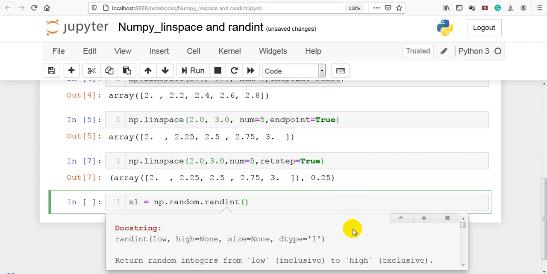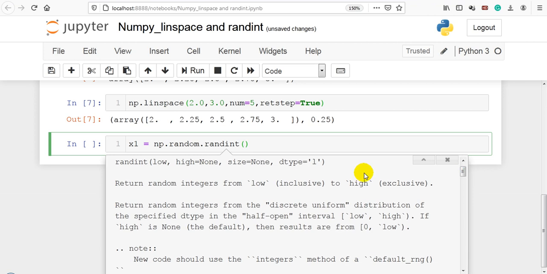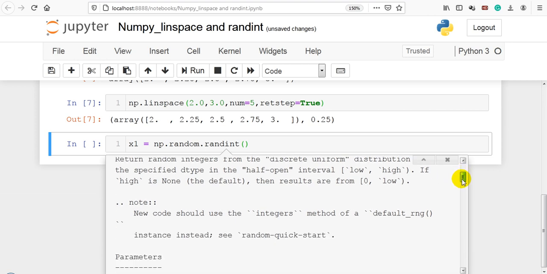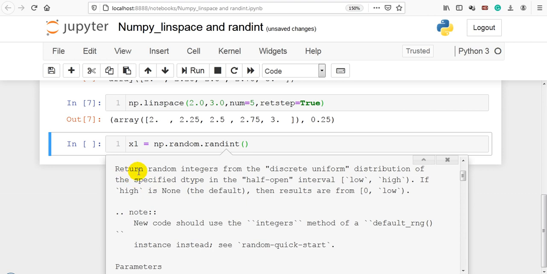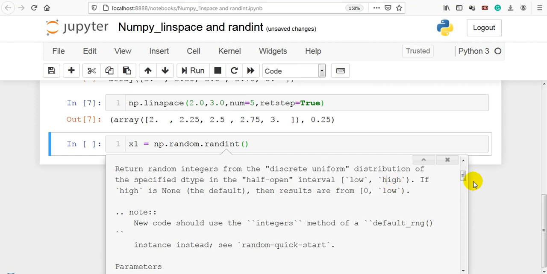When you press shift tab again, it will show you like this. It returns random integers from low, which is inclusive, to high, which is exclusive. So it will return random integers from the discrete uniform distribution of the specified dtype in the half open interval. Means low is inclusive but high is exclusive.